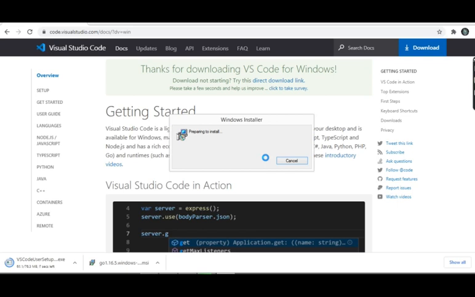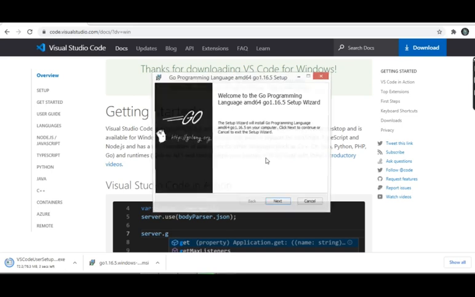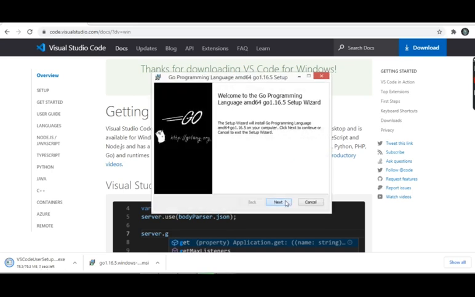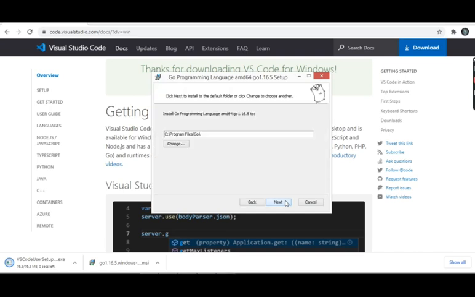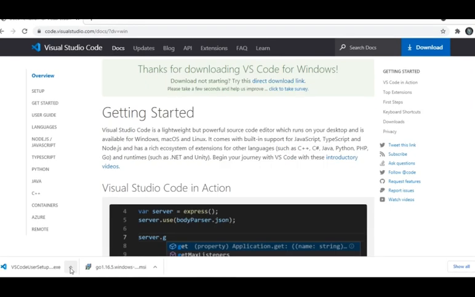Preparing to install. You need to click next, and then again click next. Program files, install. So that's it. It's an IDE which you use for the Go programming language.